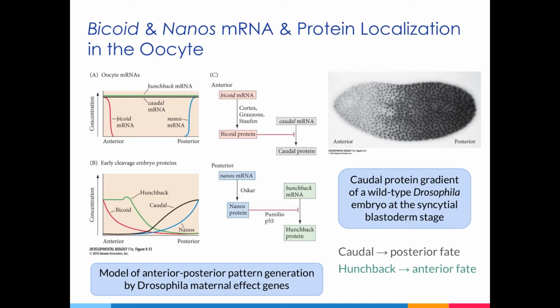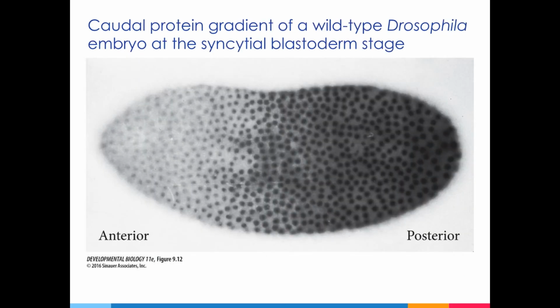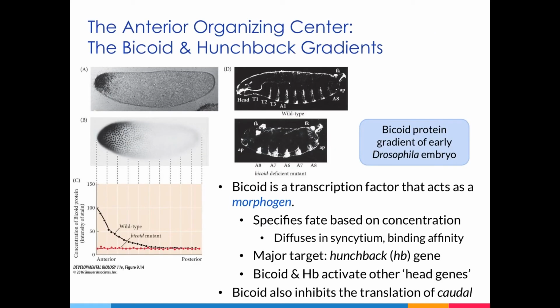So for example, bicoid acts not only by activating the genes that form the head, but also by inhibiting the genes that are involved in the formation of the posterior structures. As a result of the action of bicoid, even though the caudal mRNA is found evenly distributed throughout the embryo, the protein, as you can see, is not. So bicoid is not only acting as a transcription factor that functions as a morphogen, but also a regulator of